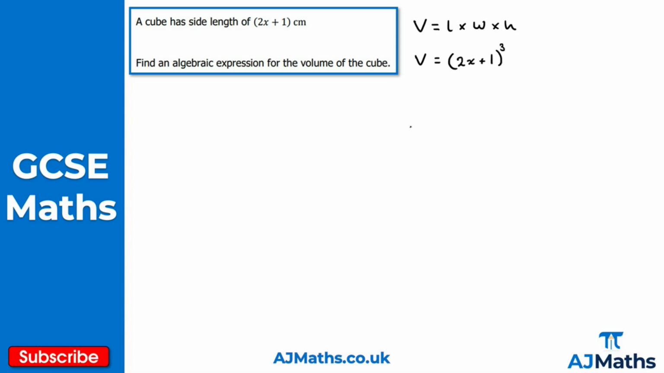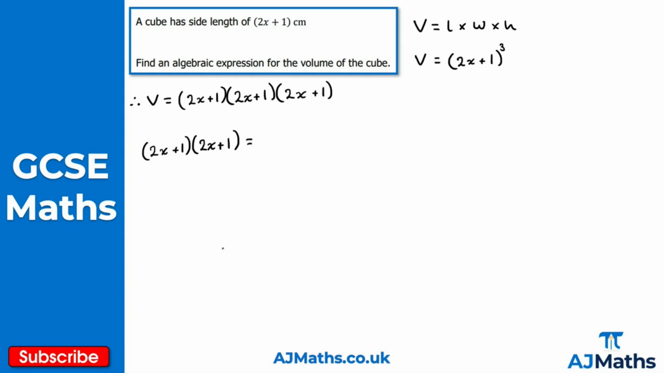Okay. In that case then, I can express my volume as a product of 3 brackets. So that's going to be 2x plus 1 times 2x plus 1, and finally times 2x plus 1. All I need to do now is expand and simplify these 3 brackets. Obviously because they're all the same, it doesn't matter which 2 we pick. So if I do 2x plus 1 times 2x plus 1,